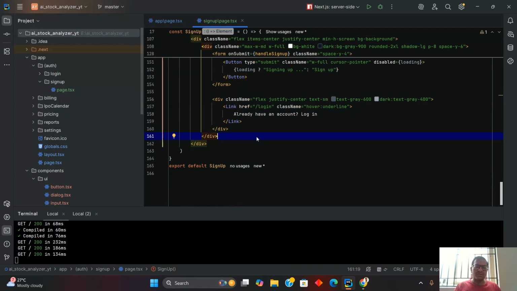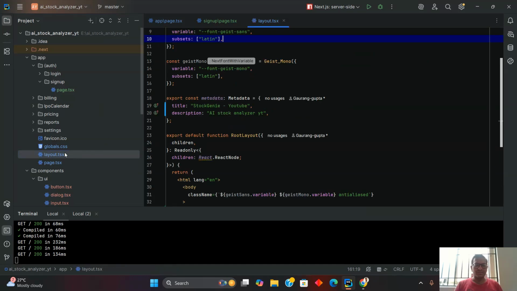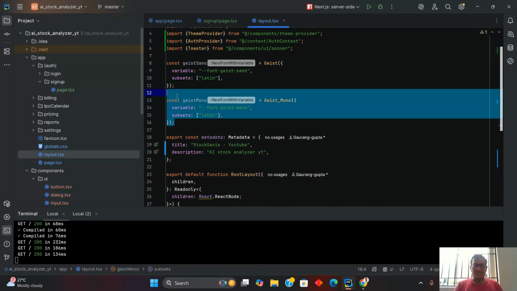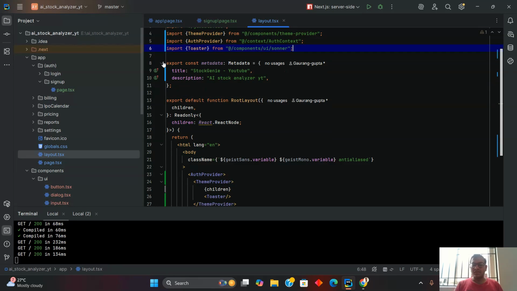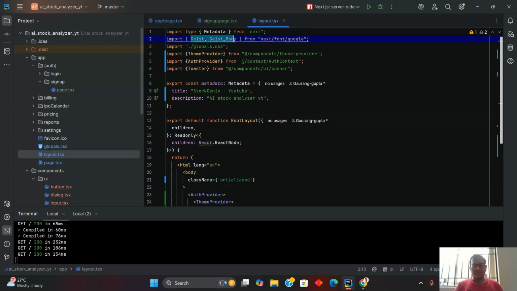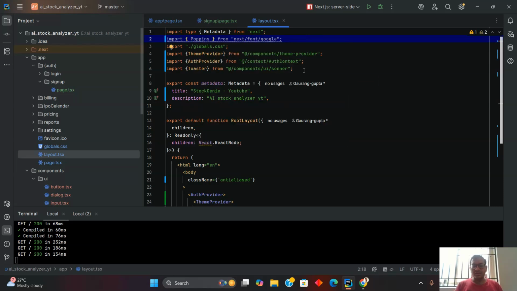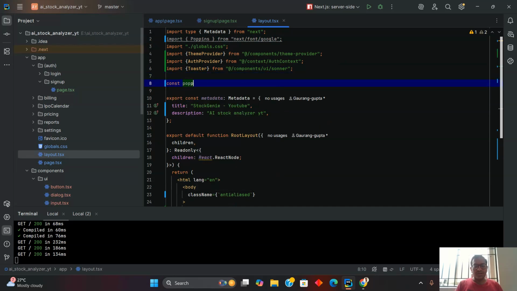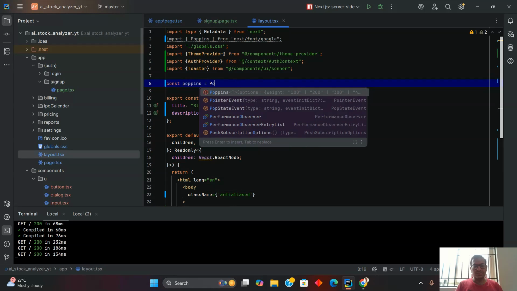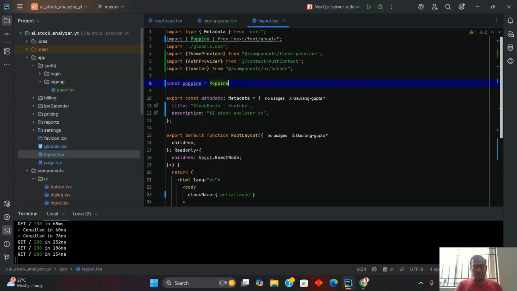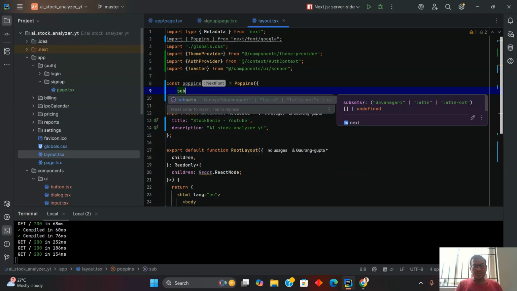So now let's move on to our navbar. So before starting navbar, let's go to the layout file, the root layout, and make some changes in it. So remove this Geist mono and Geist sans. Here also remove them, and we will make our new font that will be Poppins. So Poppins, and then we will create the variable for it. Poppins equal to Poppins. The subsets should be